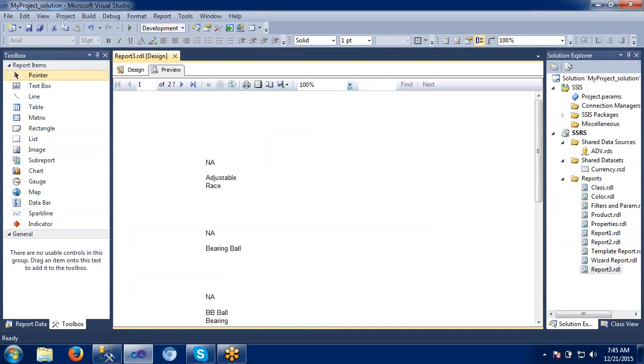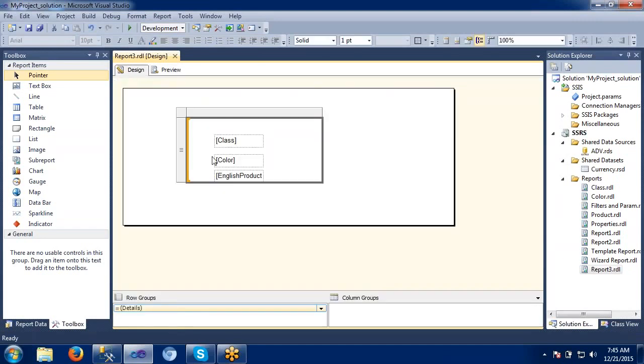Let's preview this one. See, this one is not applicable. I mean, the class here is not applicable, and adjustable is a product name, and for color we don't have anything for that one. Okay, like this we can see this one. This is low class, black color, and this is the product name. So where can we use this type of list generally? What is the use of this one?